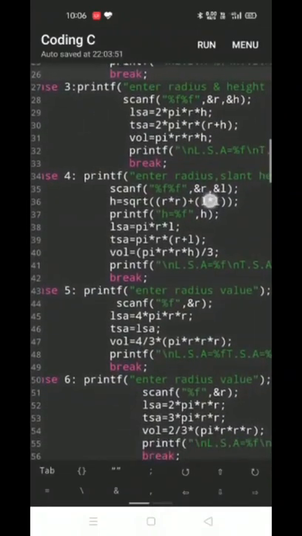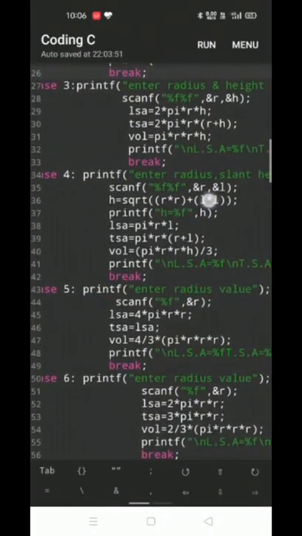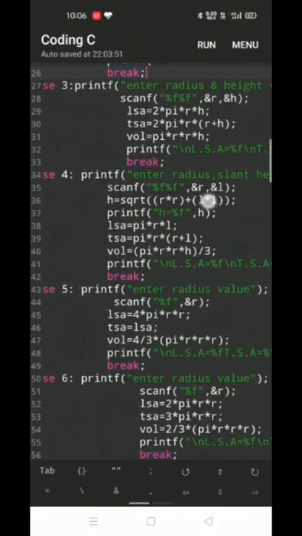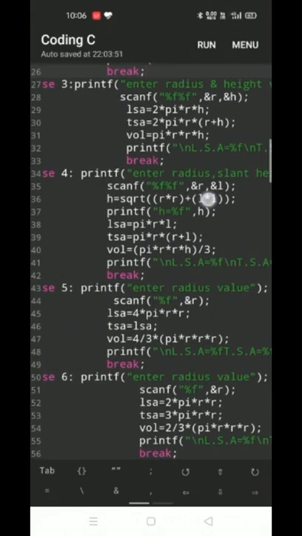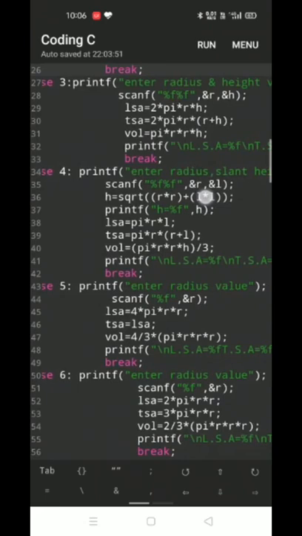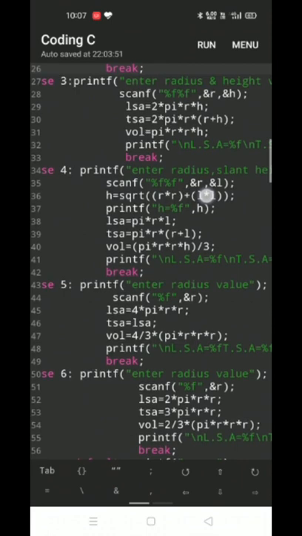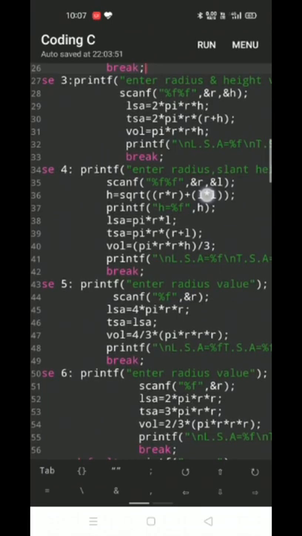And then case 5 represents the sphere. We all know a sphere is measured by its radius. So by using the radius we are calculating LSA, and the total surface area is the same as the lateral surface area, so we are assigning the lateral surface area value to the total surface area, and then volume is 4/3 pi r cube.